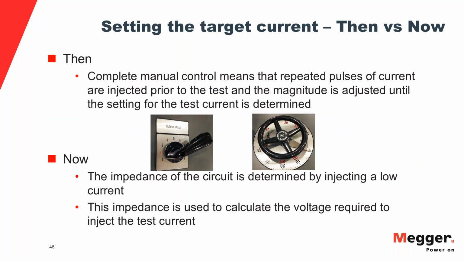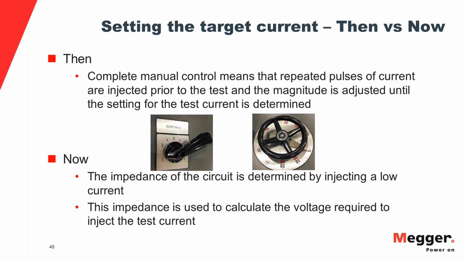Setting the target current. In the test sets from the olden days, the current control is completely manual. So you have a variac, you could have a coarse switch for coarse adjustment, and the variac does the fine adjustment. But the current control is completely manual. So if you have to do the test at a particular current, to be able to find out at what setting the test needs to be done, you need to inject repeated current pulses until you get the pulse having the magnitude at which you have to do the actual test. And then you can start the actual test by injecting that test current